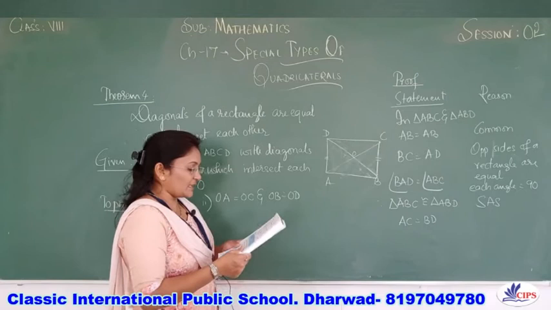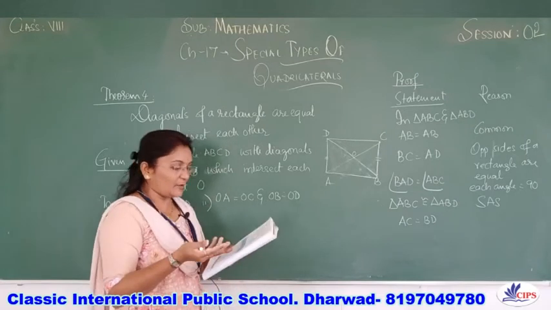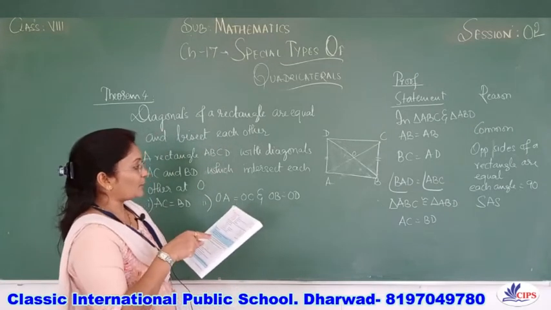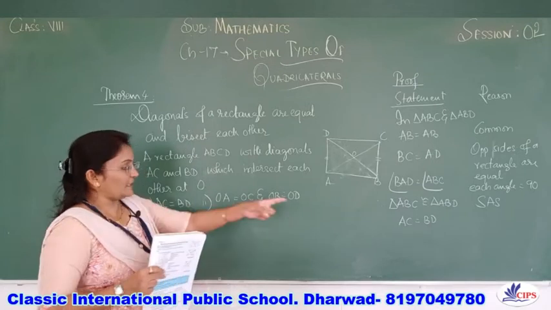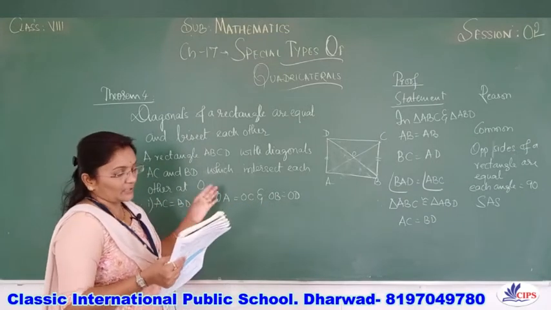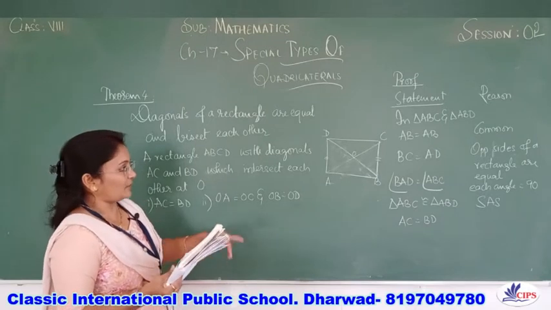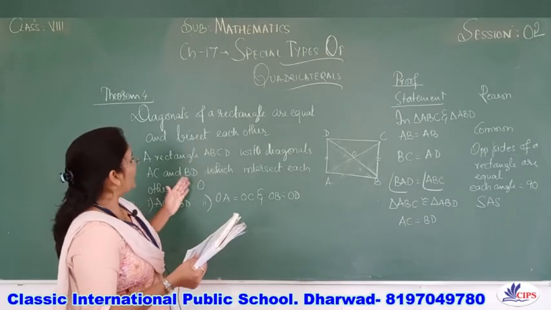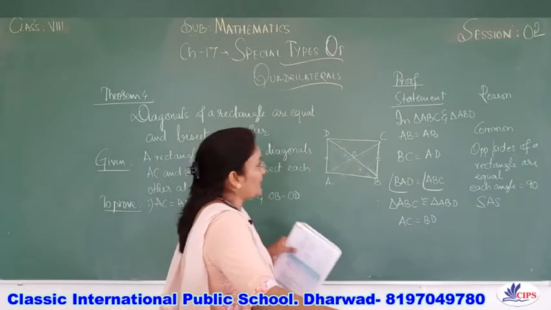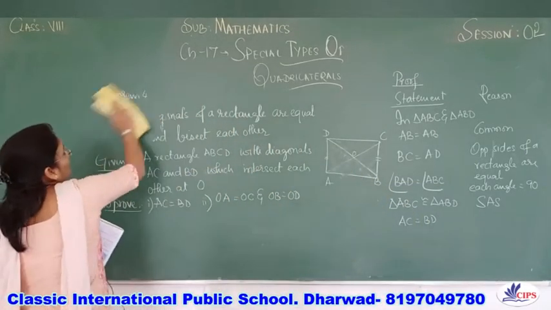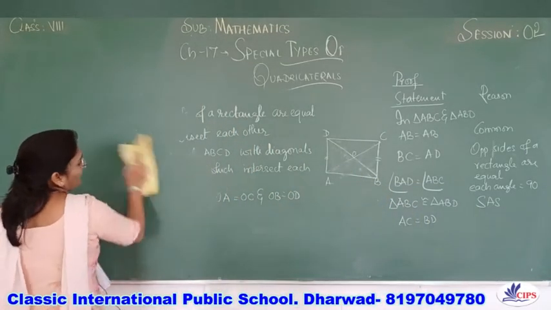Next, the second one. Since a rectangle is a parallelogram, they have given the next one. We have proved that AC is equal to BD. Next we have to prove that the diagonals bisect each other. So let us start the proof now. Can I erase this? Hope everybody has read this, so I will erase this and prove the second point here.